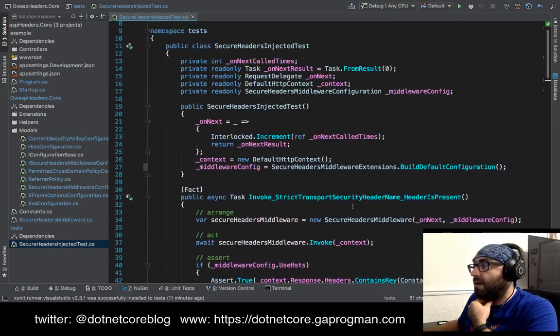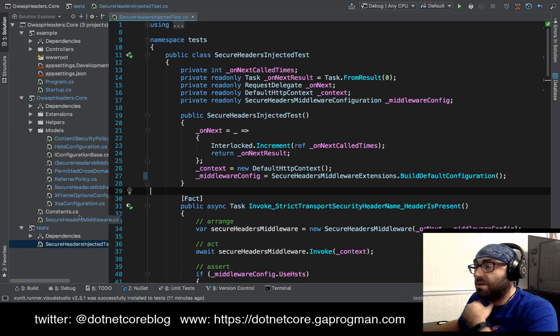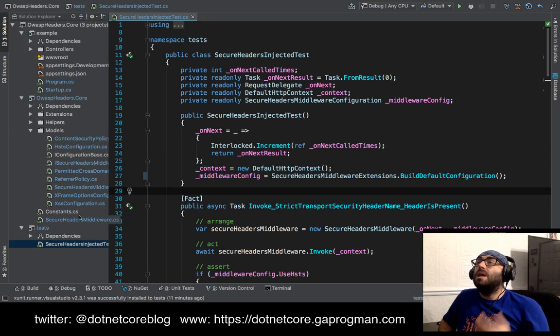However, these are unit tests to be run at development time rather than runtime. They are currently tests to make sure that the headers have been injected correctly in a test environment, in the development environment, rather than in a live environment. So